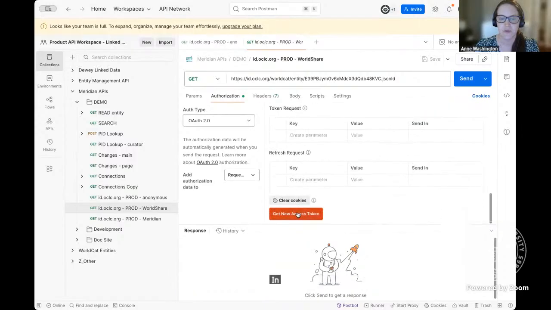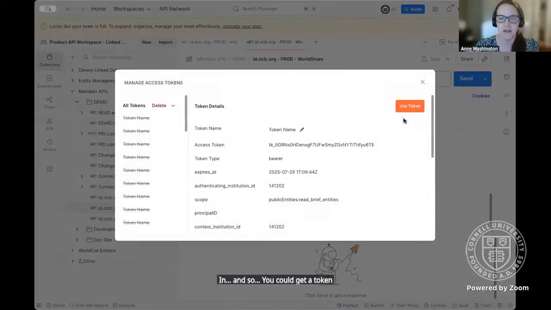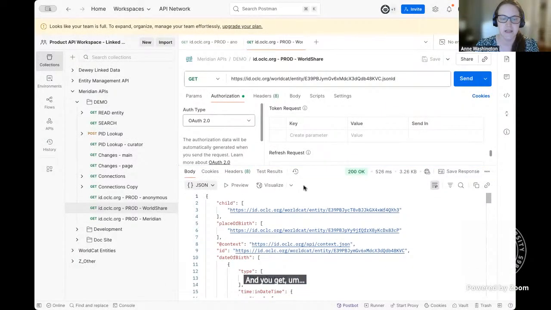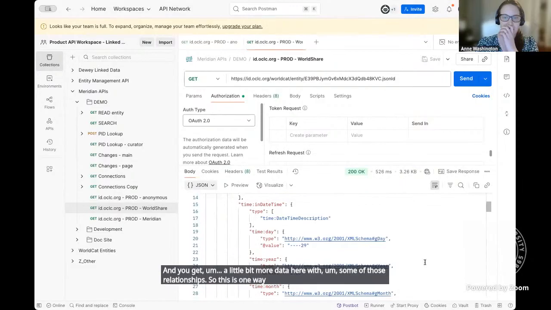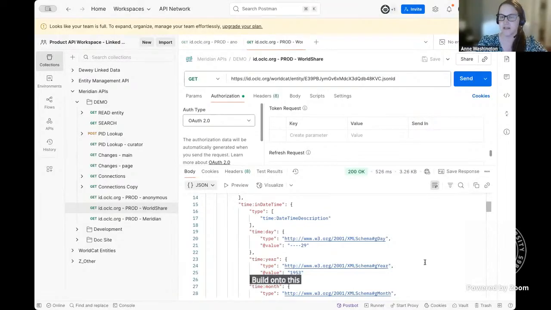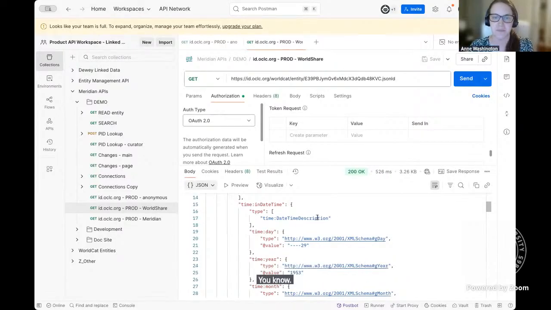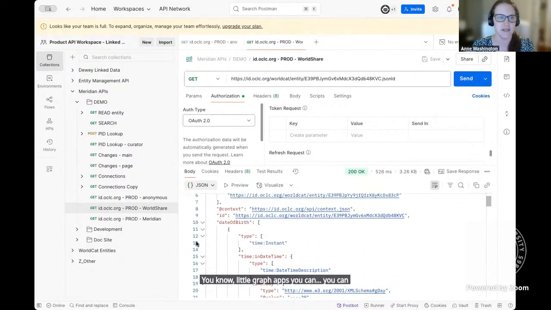And so you could get a token and you get a little bit more data here with some of those relationships. So this is one way that if you're looking to build onto this bibliographic data that comes into your systems as you build discovery experiences, or again, little graph apps, you can access this data.